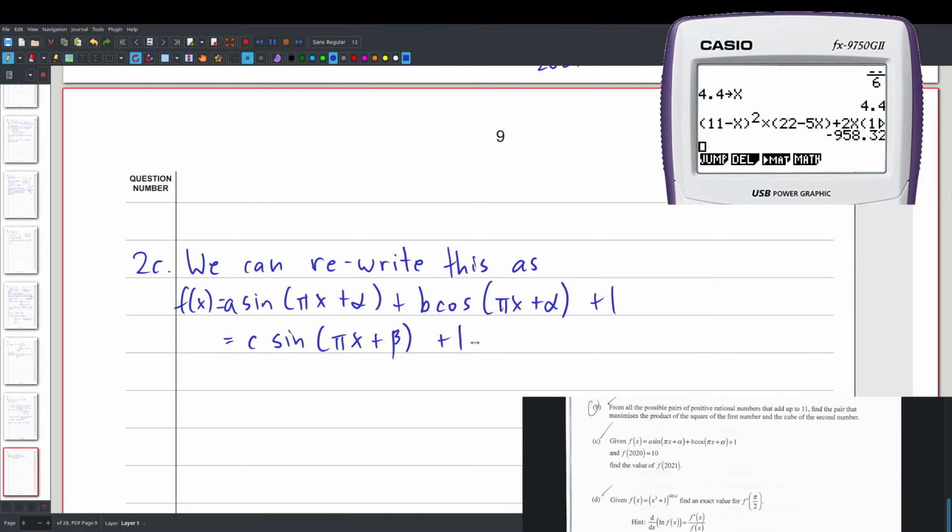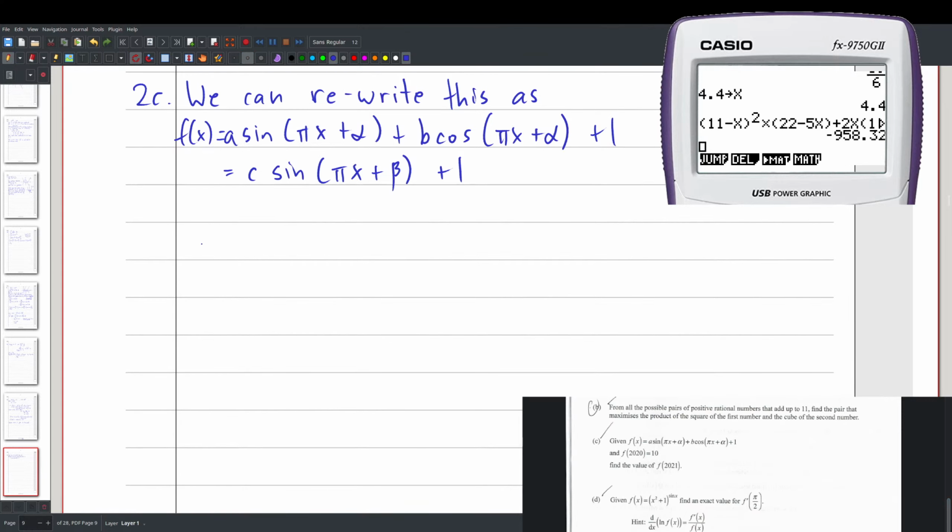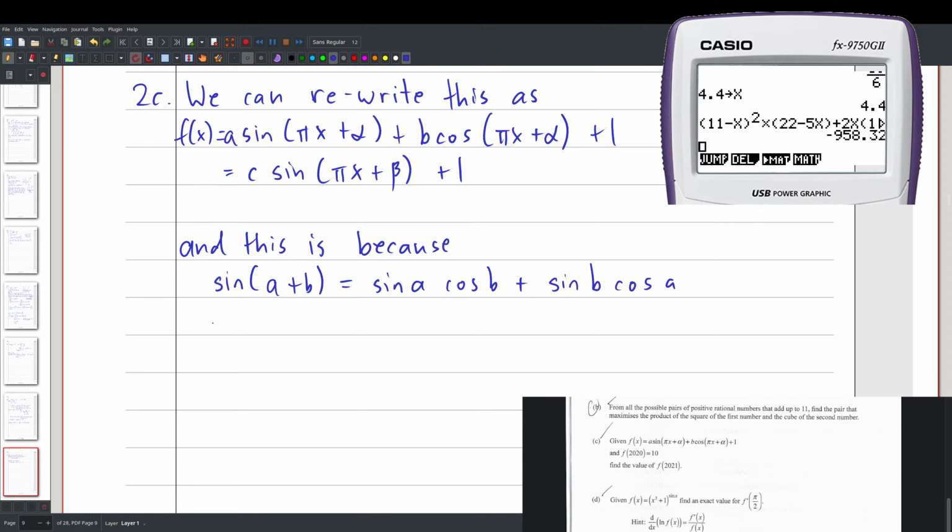Easy. And this is because sine of a plus b is equal to sine a cos b plus sine b cos a, hint,